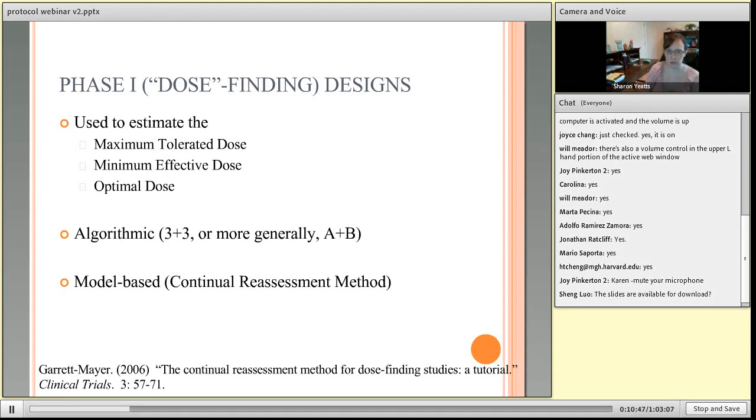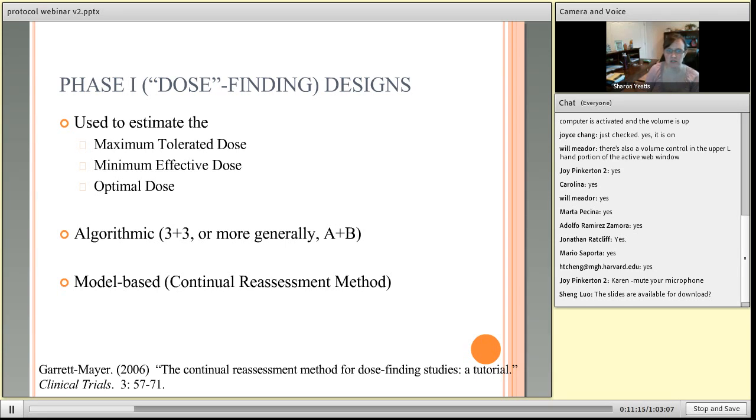We did this for, again, the deferoxamine and ICH trial, and this was a couple of years ago before everyone and their brother had smartphones. I received a text message every time a subject was enrolled and every time a dose-limiting toxicity was observed, so that I could go in and update the dose response curve and let sites know what the next dose for treatment was. So it does require some additional statistical effort, but again, it makes better use of the data than